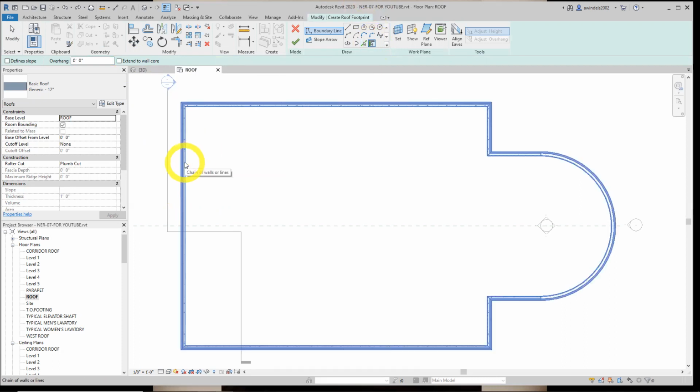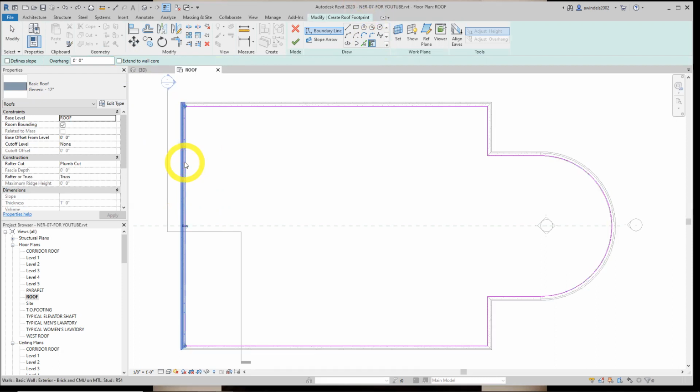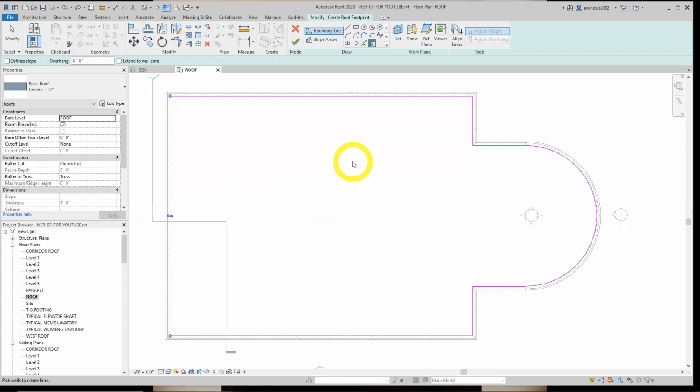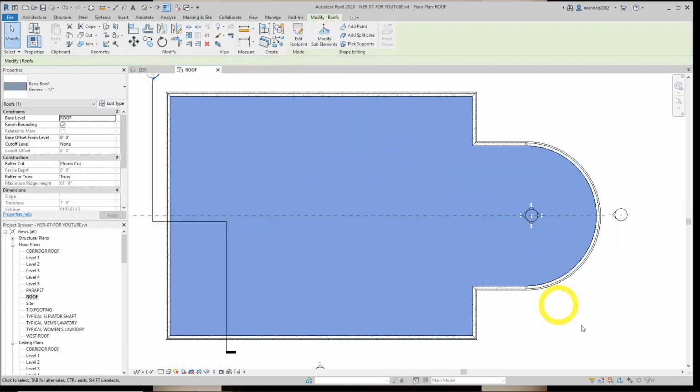That should automatically be selected, but just make sure. We'll see that more later. And that's where our magenta line should be. Should be on the inside like that. Just make sure, double check. And we're just going to go finish edit mode. This is all we're doing right now. That was easy enough, but the harder part's going to come in a minute when we add the drainage areas